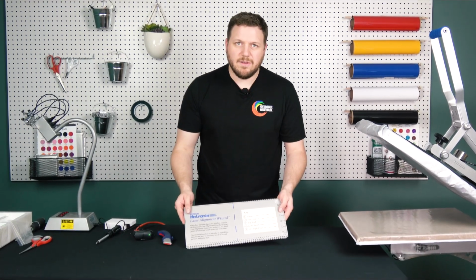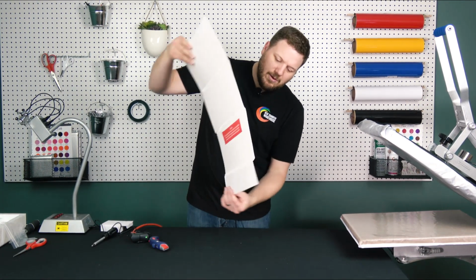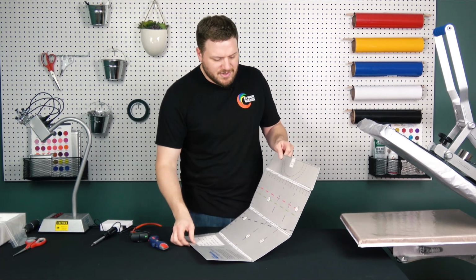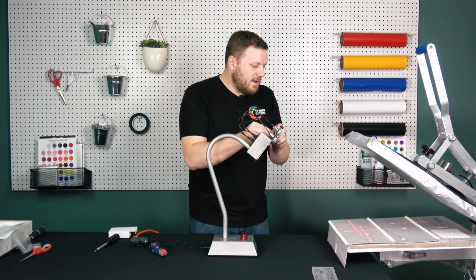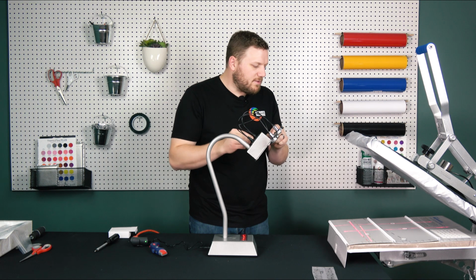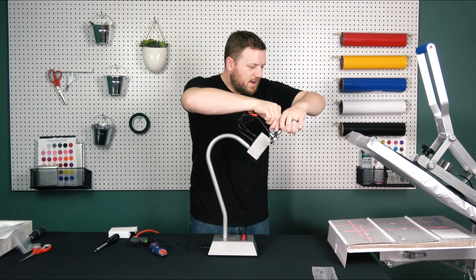Here's the alignment wizard that we originally took out of the box. So really what you're going to see here is just different alignment options. You have different grids for measurements. You have the neck and tag line. So each little laser can be individually moved and aligned with the wizard. And it's got a little tightening screw on top to make sure each of your lines is in place